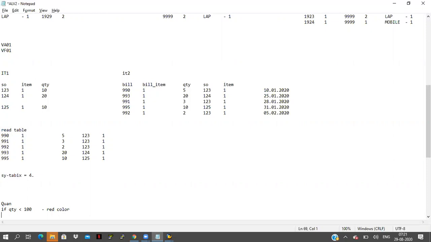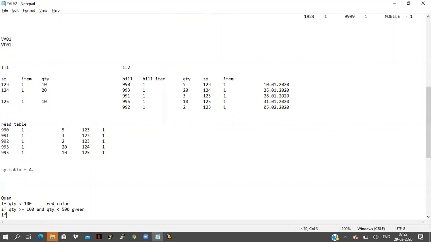If quantity is greater than or equal to 100 and quantity less than 500, then I want to display something green color. If quantity is greater than or equal to 500, then I want to display something blue color.